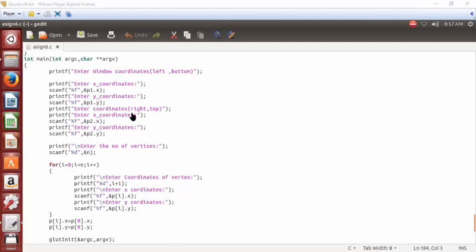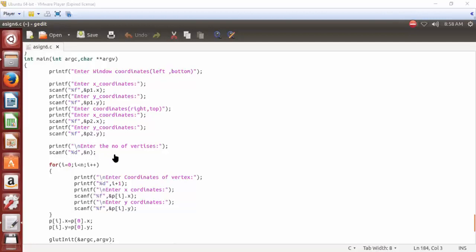Then enter coordinates for right top, so that is p2.x and p2.y. So this p1 point and p2 point will draw your window after accepting it from the user. We have taken it in the example, that is 100 100 as p1 point and p2 as 400 400. So that will draw our clipping window, right?